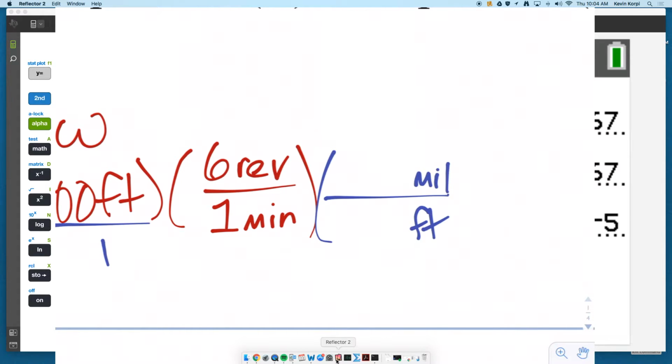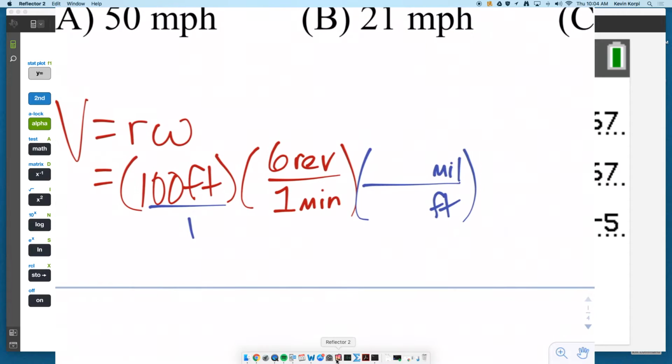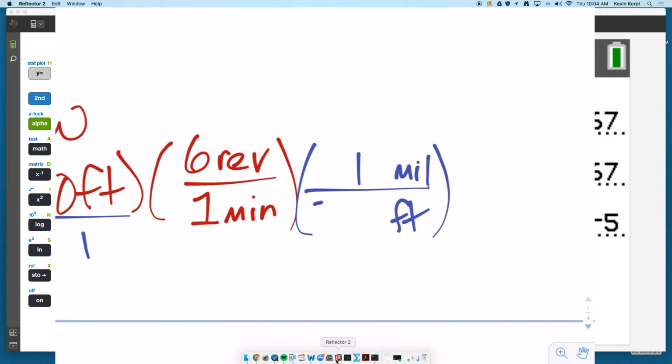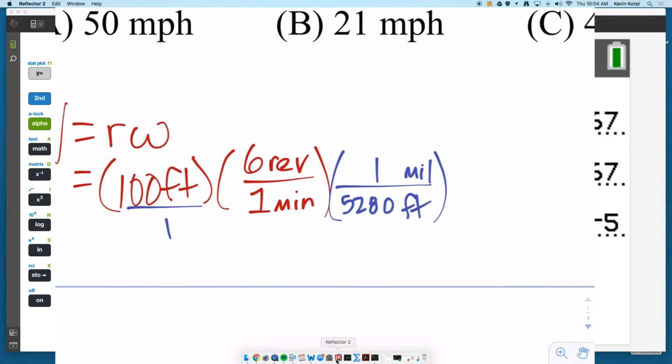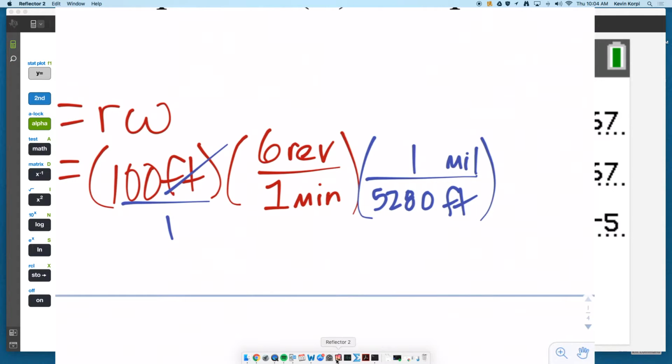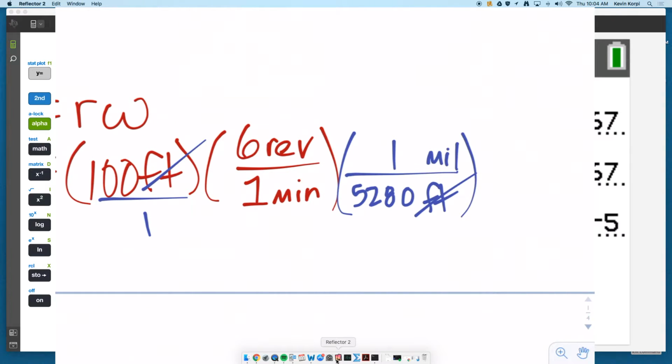And I want miles to appear. So what's the conversion? 1 mile is 5280 feet. So if you're not getting the right answer and you're not doing stoichiometry like this, good luck in the future, okay? What's beautiful about dimensional analysis is you know exactly if you're going to get the right answer if your desired units in the end come out to be what you want. All right? So things divide out from high to low. So now I'm left with miles, which is what I want, but I still have